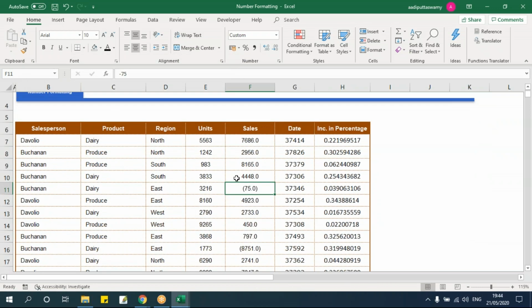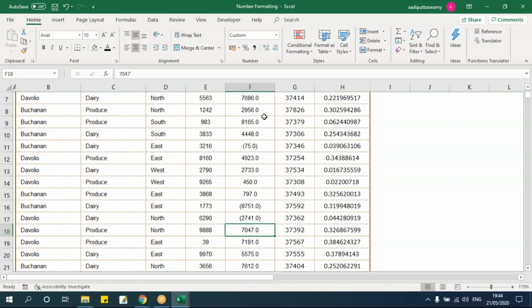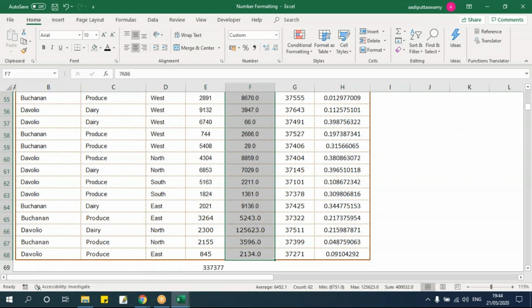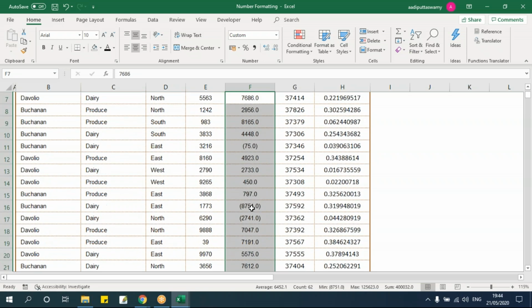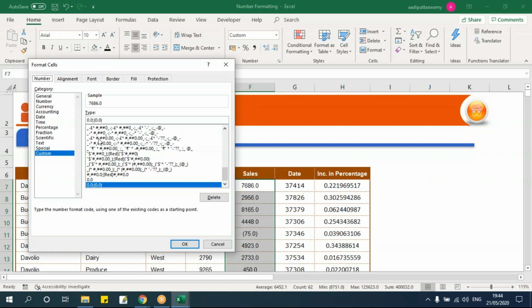So if you see this, it says bracket. So wherever the values are minus, that will give me brackets. Now I want 1,000 separators as well as red color. Now in this I don't have red color and the 1,000 separators. Again Control 1. So what we'll do, I know now this is positive number and this is negative number.